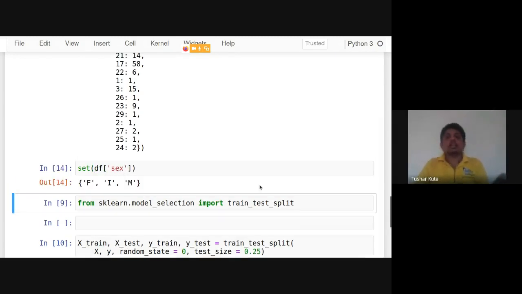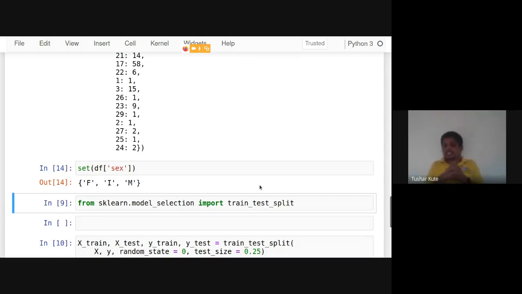So you have F, I, and M: three different values possible in that column. It's a string value, a categorical variable. Whenever we give a categorical variable as input to a classification algorithm, it may show an error that string values cannot be processed by any machine learning algorithm. So we have to convert that into numerical format.